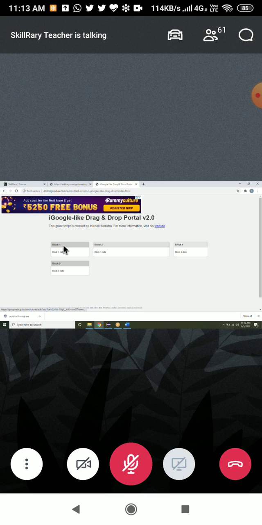Now I want to drag and drop this block to here. How to drag and drop? This is called drag and drop, and we'll see how to do it. Whatever things I told you now are nothing but the mouse actions. I can do drag and drop. I can do normal left click. I can do right click, this context click, or I can do double click, and also I can